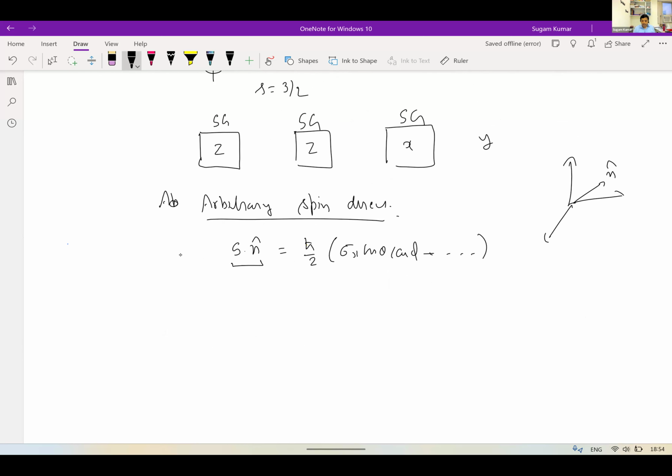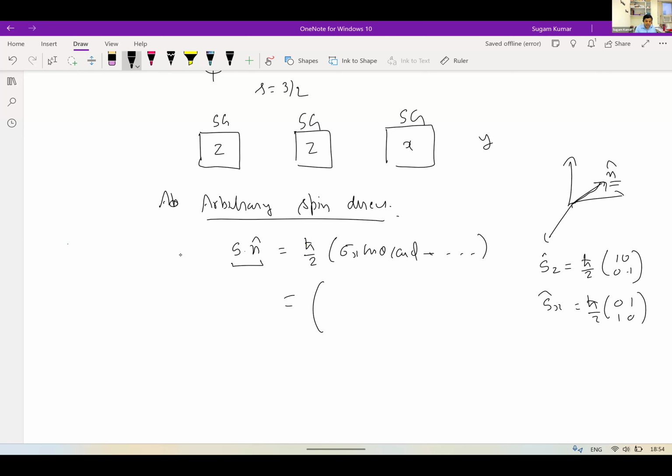You know that when the spin is in the Z direction, the corresponding operator you can write like ħ/2 times the matrix 1, 0, 0, minus 1. When the spin is in the x direction, you can write down ħ/2 times 0, 1, 1, 0, and so on. But what if the spin direction is along n, some general direction? This is how you're going to write down the operator.